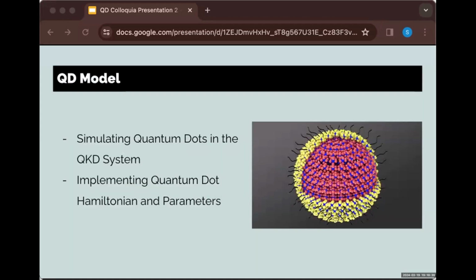Okay, let's now talk about the QD model. Using a function we named variational form, we constructed a quantum circuit representing two quantum dots in the QKD system. This circuit, using rotation gates and parameterized by params, allows us to explore different configurations. The chosen number of qubits corresponds to the number of the quantum dots in our simulated QKD scenario. Envision the quantum circuit as a structured environment governed by the rotation gates and params as discussed earlier. These parameters introduce a dynamic element into the circuit, enabling various configurations for our quantum dots.